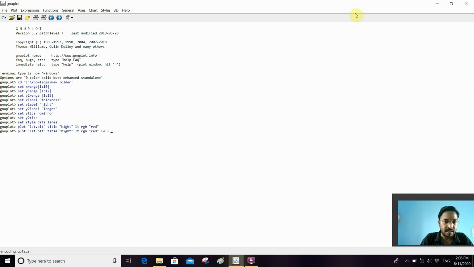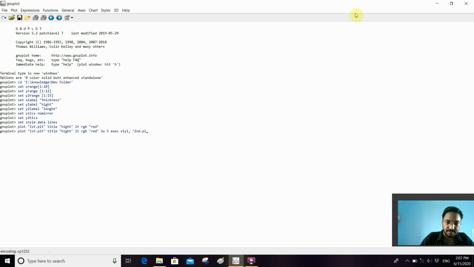This graph will be plotted with respect to the x1 and y1 axes. So I have to write axis x1y1, comma.